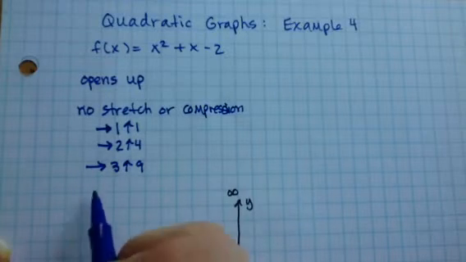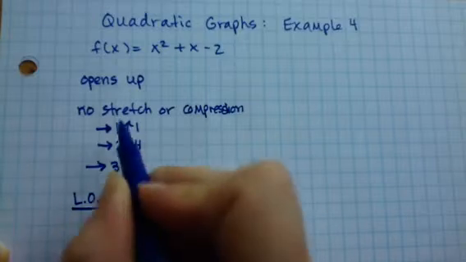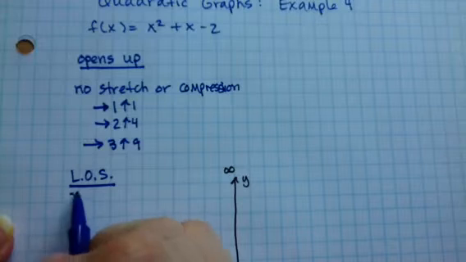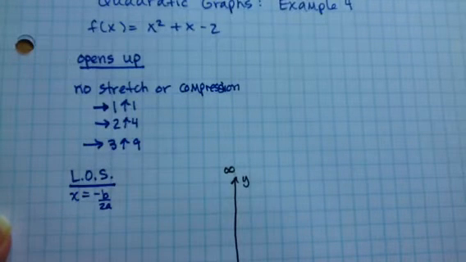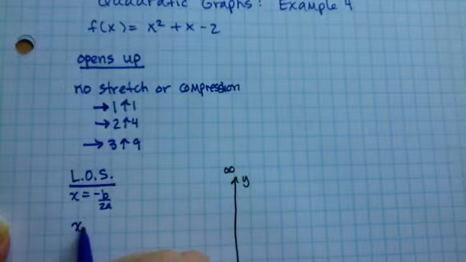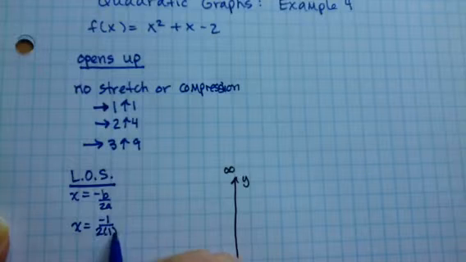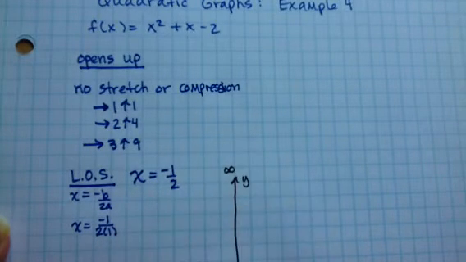Let's go ahead and look at what the line of symmetry and the vertex will be. The line of symmetry we find by using the formula x equals opposite b over 2a. So the opposite of b in this problem will be negative 1 over 2 times a, which is positive 1. So the line of symmetry is x equals negative 1/2. And we use that line of symmetry to find the vertex. So the vertex will be